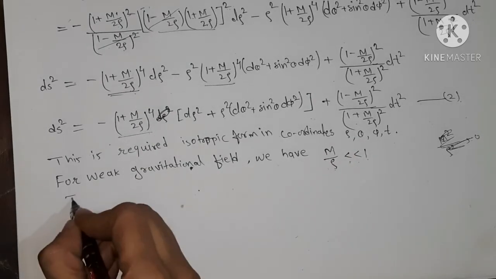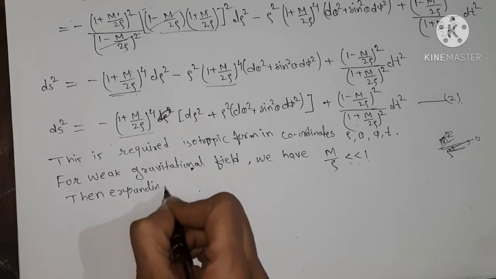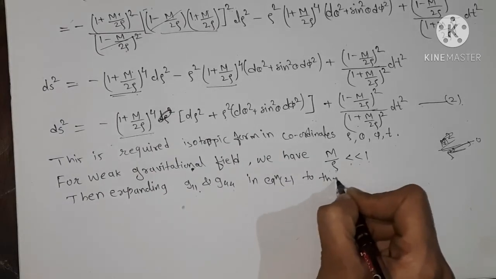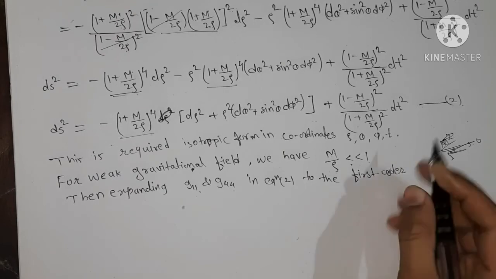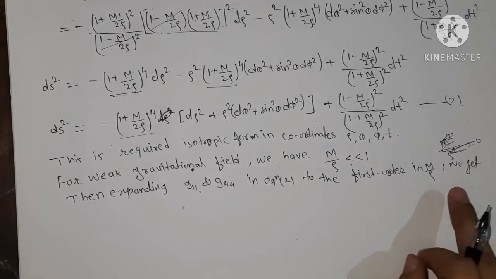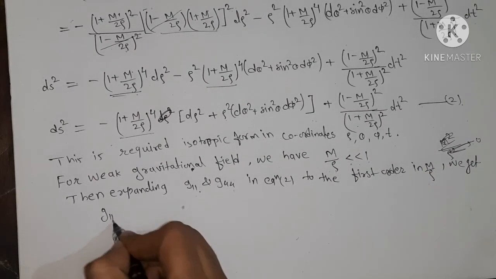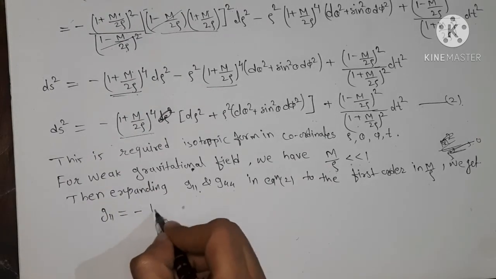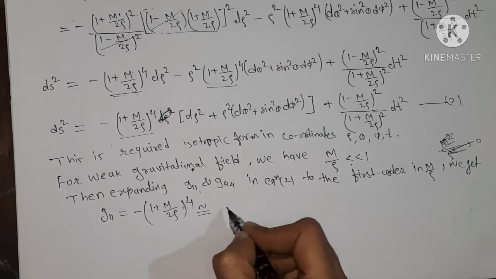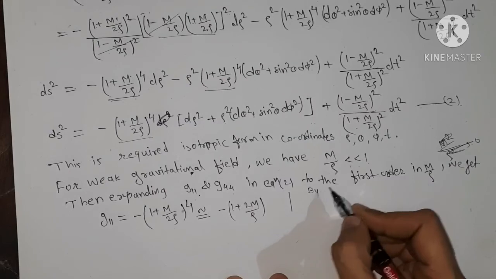Okay, so because of the weak gravitational field, expanding g11 and g44 in equation 2 to the first order in m/ρ, we get G11, which equals minus (1 + m/2ρ)⁴, and which is approximately equal to minus (1 + 2m/ρ). This is because of the binomial expansion,